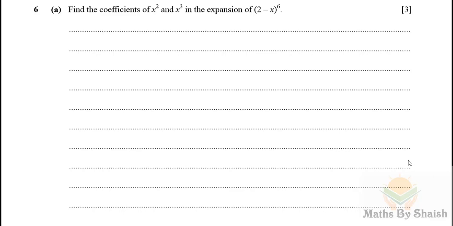And here is question number 6a part. Find the coefficient of x square and x cube in the expansion of (2 minus x) whole to the power 6. So it's a binomial expansion question, so we'll expand it. And we know that it is going to be 2 minus